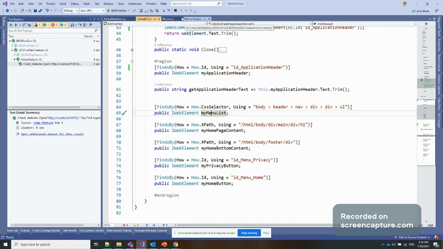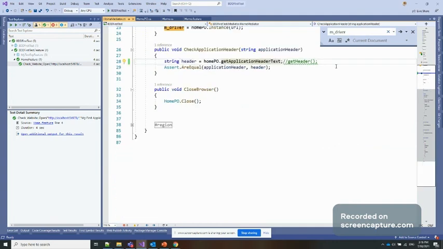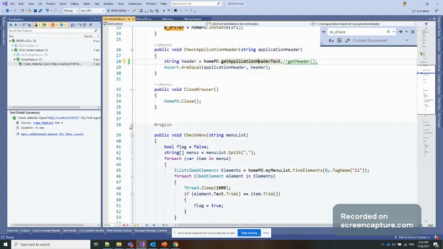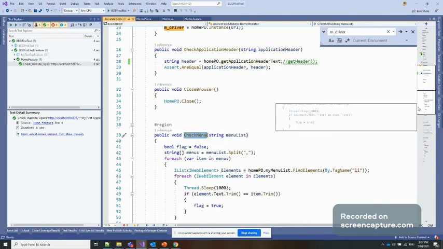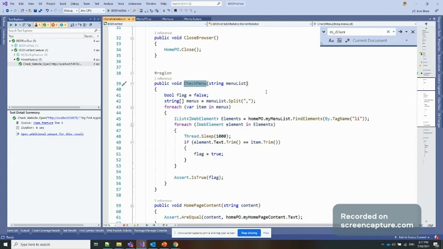If I go to our home mediator, because this mediator is going to use this one, this is the responsible method to check the menu on the UI. Here you can see we are passing through our feature file the value comma separated.